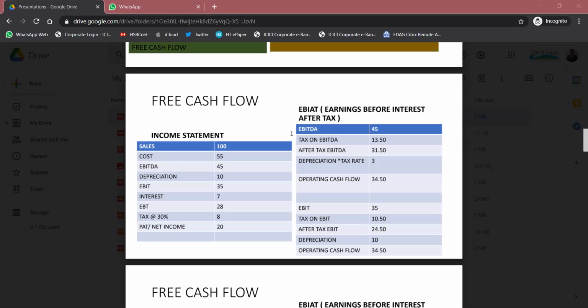So over here, what he's done is he's further removed the interest that you have to pay. Your earnings before tax is 28. This is the taxable income; whatever you're getting taxed, you subtract that amount from your EBT. That is your 20 rupees, so your net income is 20 rupees. But we don't follow this right now. If you look at the second one, tax on